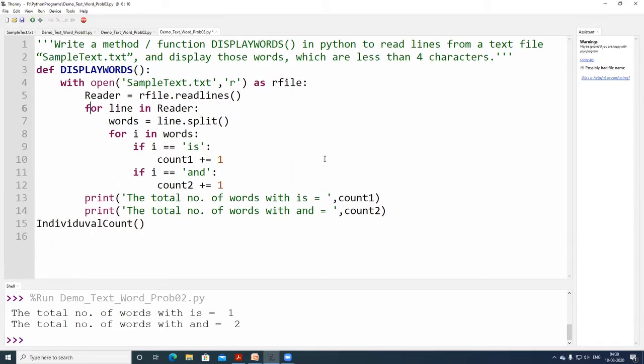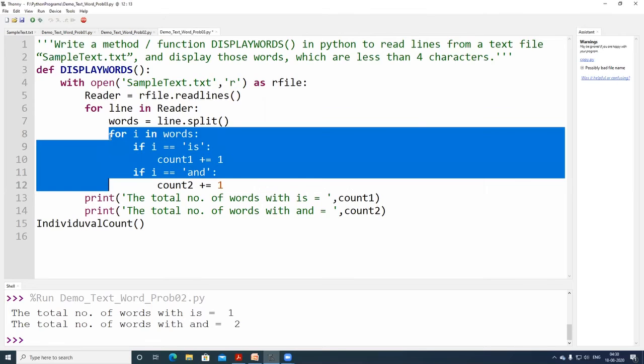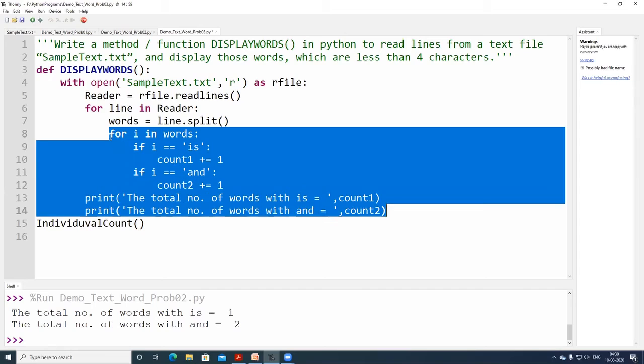You are splitting the line into words. Till this one is common, that is, for i in words. Then where lies the catch, or what am I supposed to do?